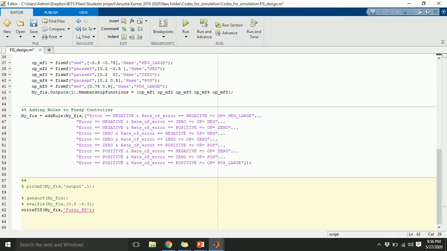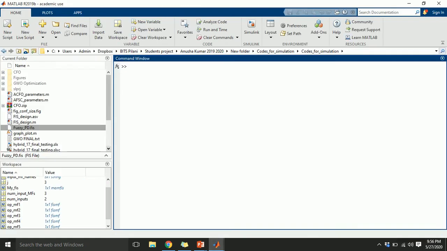There is no need to append an extension. It will automatically append the extension .fis, so that the .fis file can be called in Simulink. So if I run this, what will happen? You can see fuzzy_PD.fis is created now.